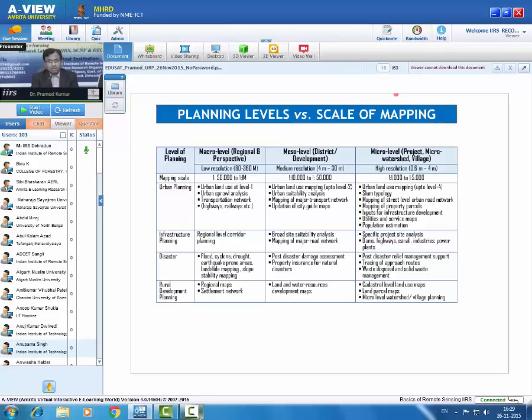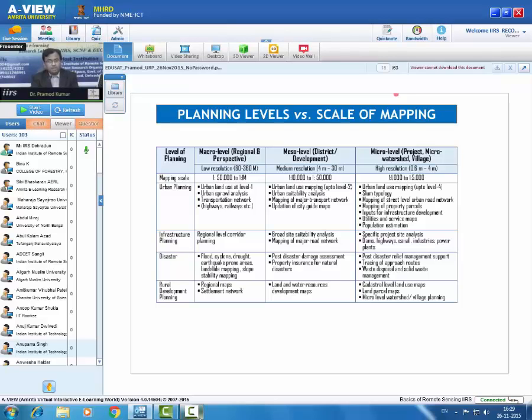In the micro level planning, higher resolution satellite data is required, because we have to prepare the project at micro watershed level, or the village level, or the zonal plans. So there we require the mapping scale of 1:1000 to 5000. Now look at some of the applications. For example,